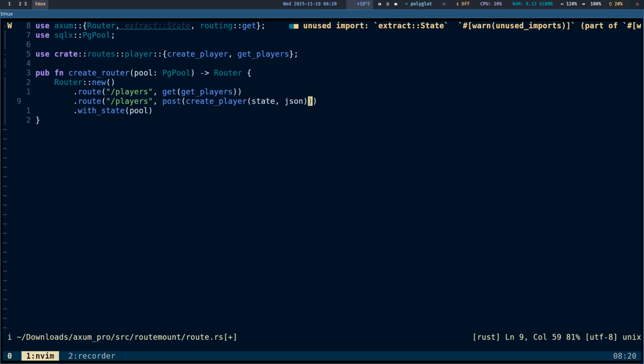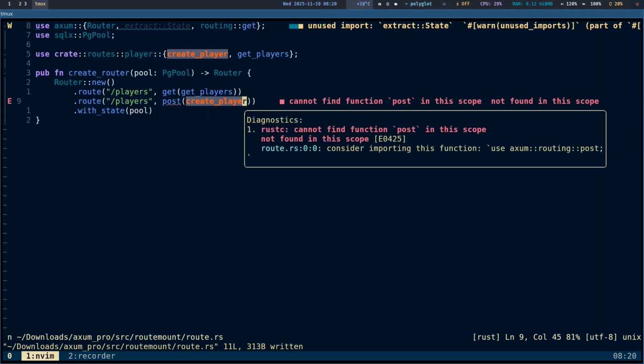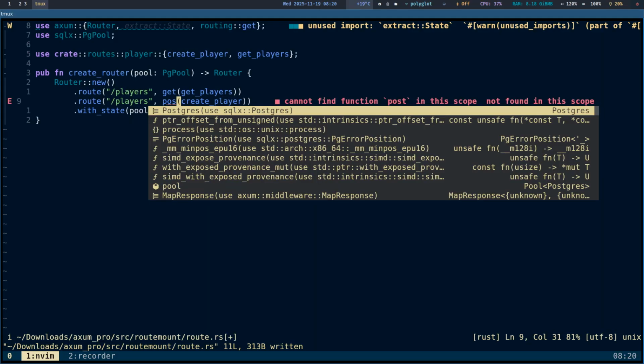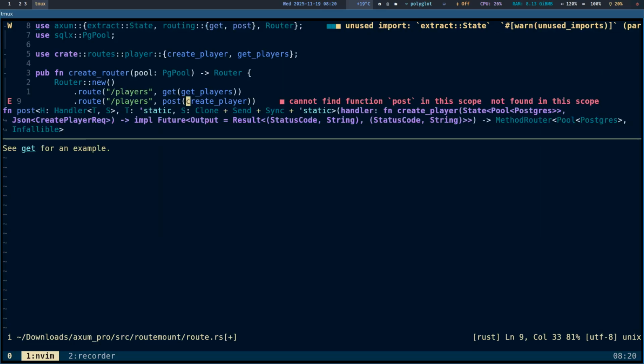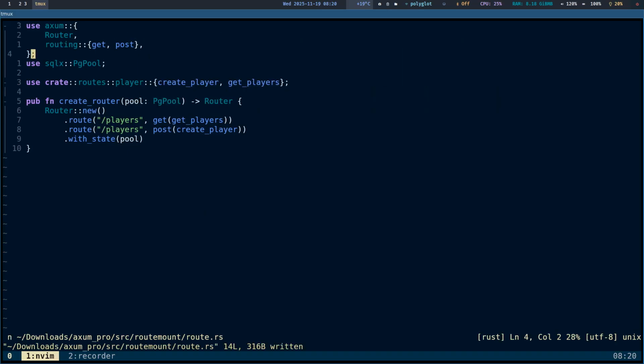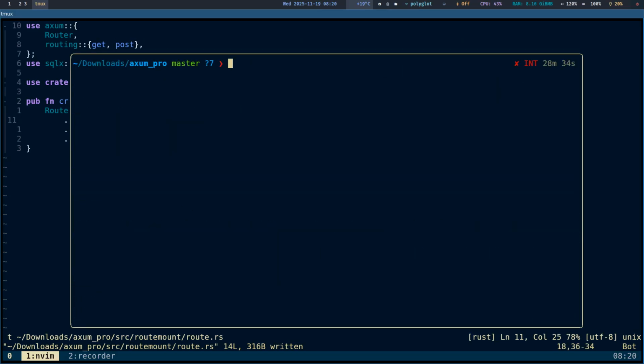We need to pass the state and the body, and that will be all. So we need to bring in the post method from Axum, and the error is gone. So let's remove these unused imports,